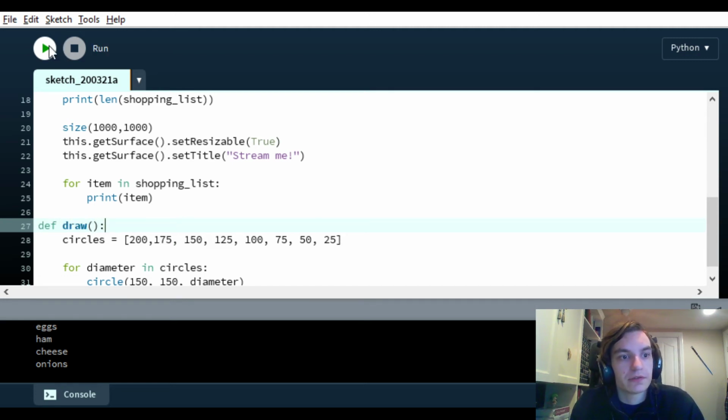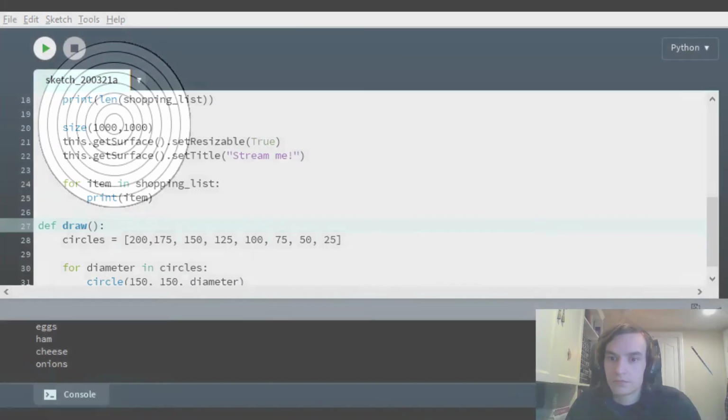Def draw. There we go. Okay, I will switch us over to my sketch window. So you can see our dartboard right up there in the top left corner.